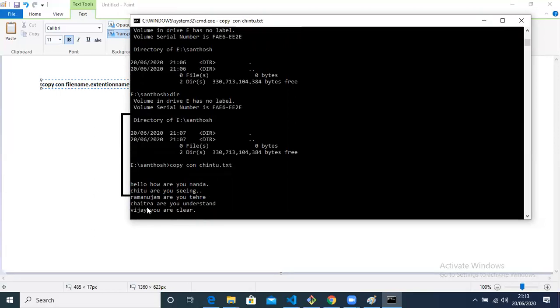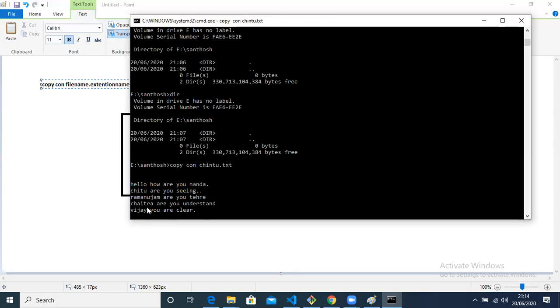What I am typing here, I am typing inside the file. Previously, I opened Notepad and typed. Here you won't see any Notepad. Everything is command prompt. Nothing will be shown. Everything will be on a black screen only. You have to imagine where you are. I am imagining now: copycon chinto.txt. The moment I created it, it is waiting for me to enter the text. Now you are in the Notepad. Understand? So you are able to type something.